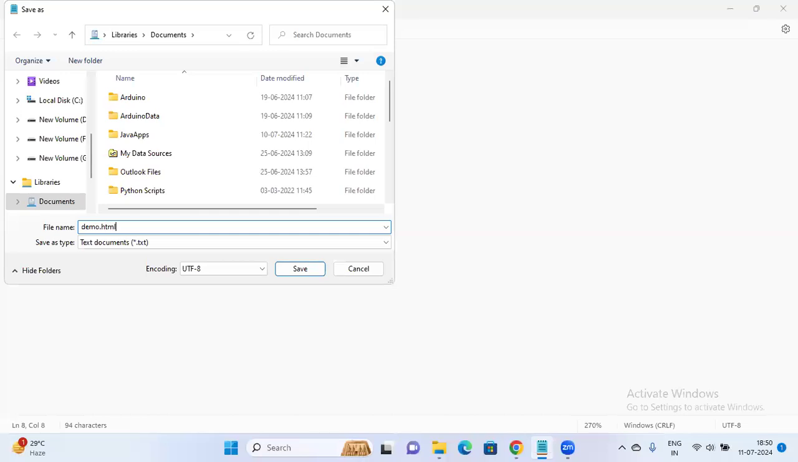demo.html. So why is writing the .html extension important? Your computer has different programming languages, right? So if you are a software developer, one day you'll work on Java, another day you'll work on HTML, another day you'll work on other technologies. Yes or no? So if you're not writing any extension here, then your notepad will understand it is only a normal text document. So for your computer to understand it is an HTML document,